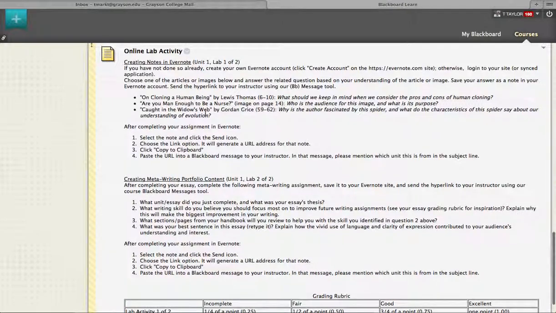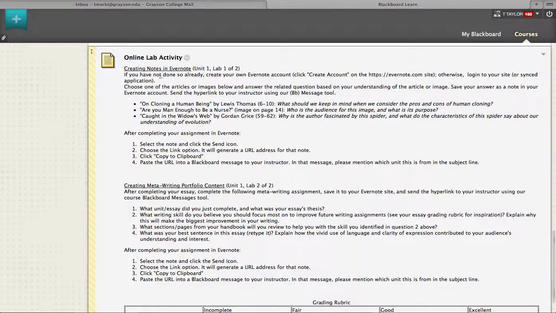What I'm asking you to do is create an account in a program called Evernote. It's on the internet. It's as simple as entering your email address to set up the account. And then make some quick responses. After reading this article and your assigned readings, answer this question, and do it on this note-taking service or platform that's out there. Do the same thing with the other 3, and